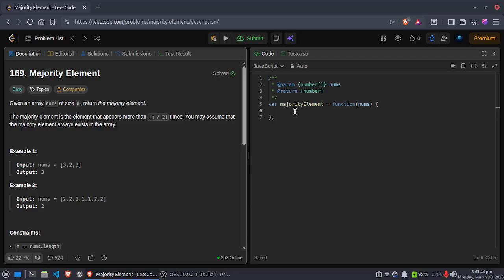For this problem we have two approaches. The first one is the hash map and the second one is a special algorithm. Let's first see the hash map code and how we can solve it. First, let's make a frequency map, new Map, and in this we store the frequency of every element. Let n be equal to nums.length